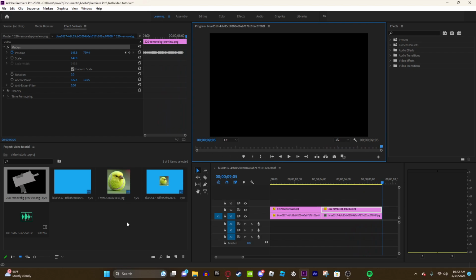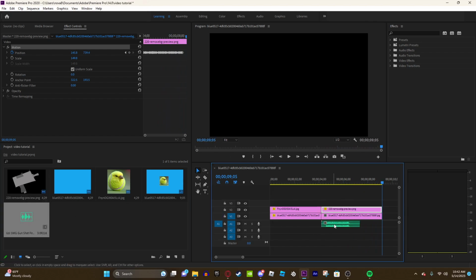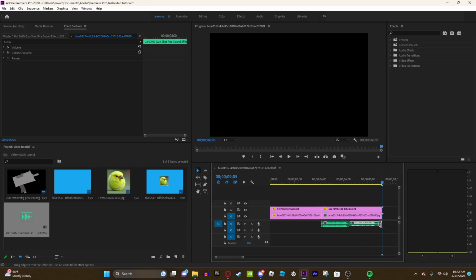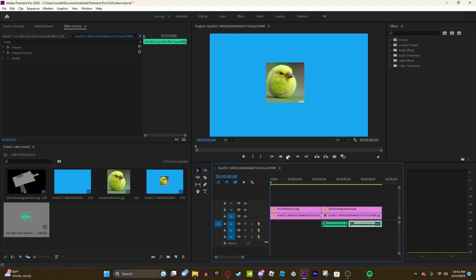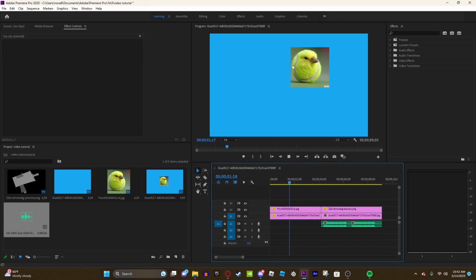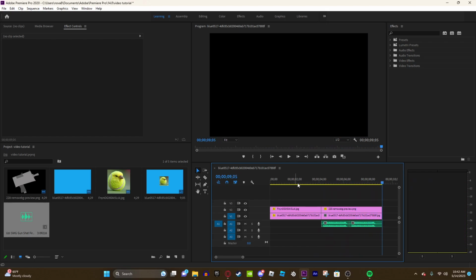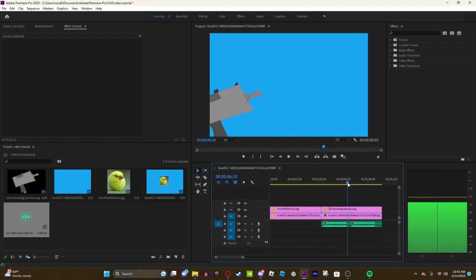I kind of like how it moves a little bit. And now for extra effect, we're going to add a sound effect, like the Uzi fire effect. I have a big folder of sound effects so that I don't have to go digging through YouTube. Now let's watch what we have here. We have the moving bird, and we have the Uzi. I wish I had stopped in between, but